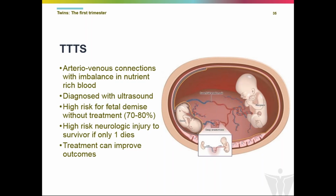We diagnose this with ultrasound, where we're looking at oligohydramnios and polyhydramnios in a monochorionic twin pair. With these unequal connections between the twins, there's also an increased risk that one twin, because of unequal sharing, may not grow as much. And so that is something that we sometimes see, but not necessarily part of the criteria that we're using